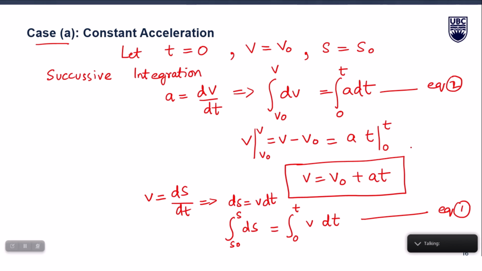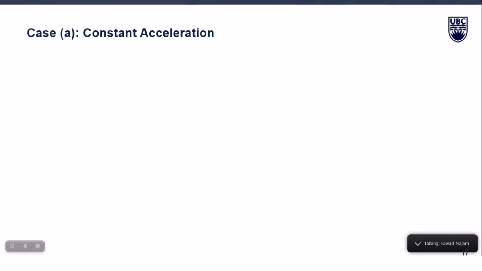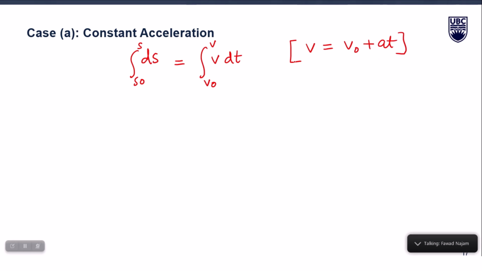And let's put that v into this equation as a function of time and integrate it one more time as a function of time. So we will be getting displacement, right. So let's see what displacement we get here. Let me write that integral again: ds from s naught to s is equal to v dt, where v is already derived as v naught plus at, right. So let's put that quickly. It will be v naught plus at